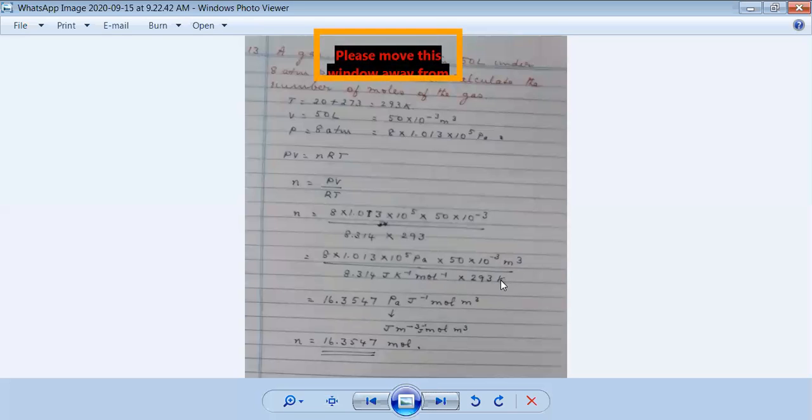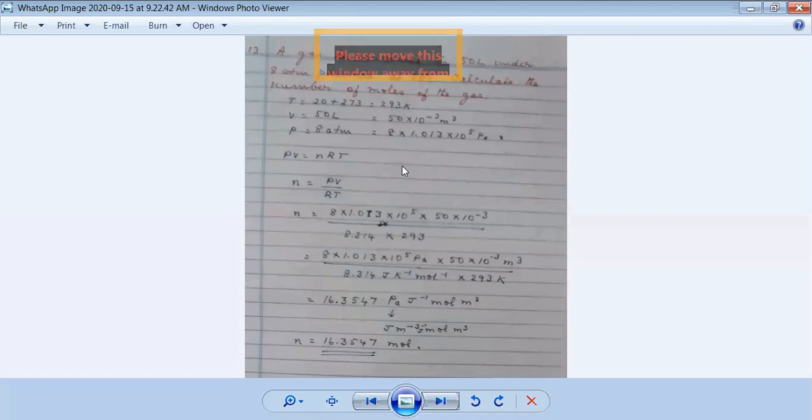Look here, this Kelvin and this Kelvin will get cancelled and a joule is here and a mole is here. A meter cube remains here, a Pascal. So as such I write the units, I can write Pascal per joule because joule is in the denominator. Per mole will become mole and a meter cube remains. What is Pascal? Pascal is a joule per meter cube. So this joule and this per joule will get cancelled and this per mole per meter cube and this meter cube will get cancelled, and what remains is the mole.